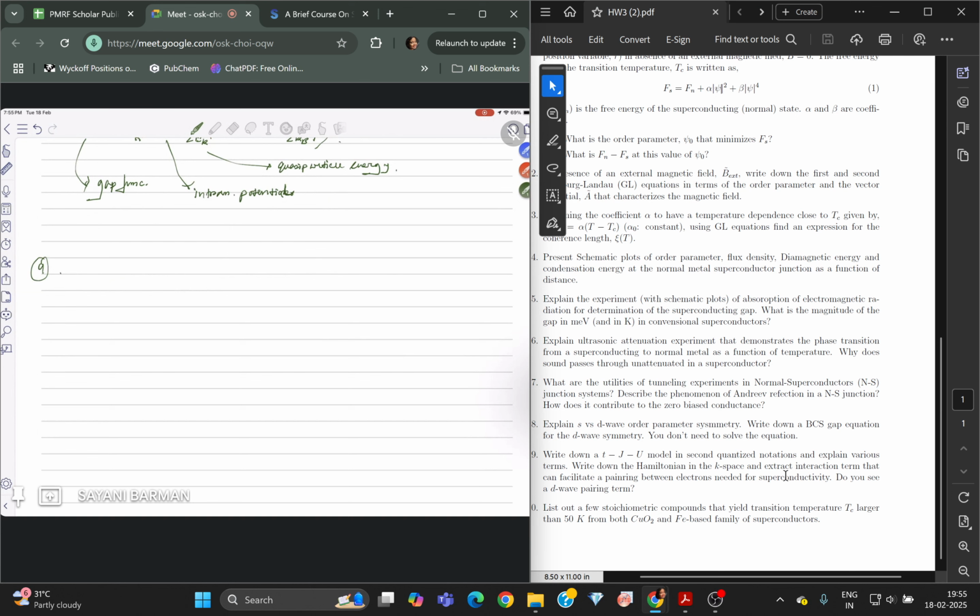Okay, so the t-J-U model in second quantized notation. Now, this model actually describes the correlated electron systems relevant to high temperature superconductors. Okay, so the equation is